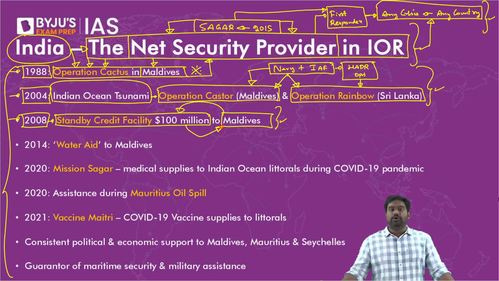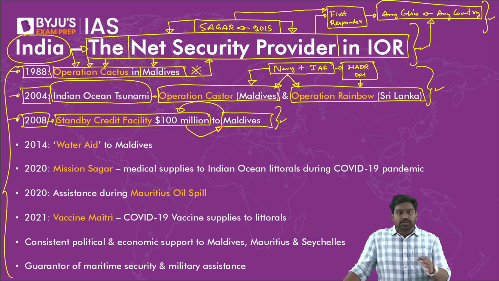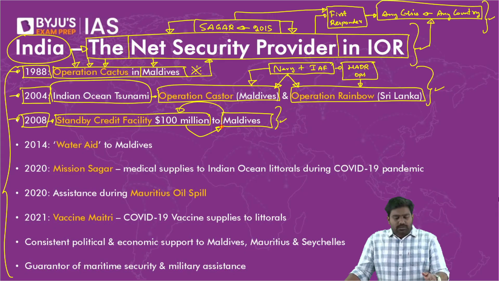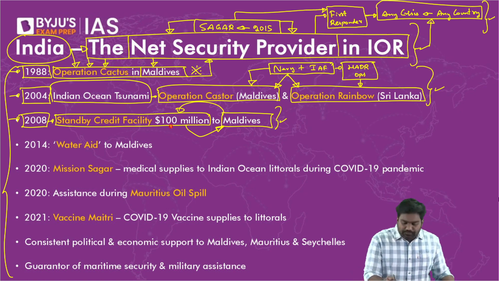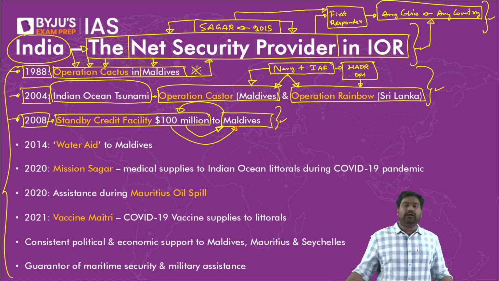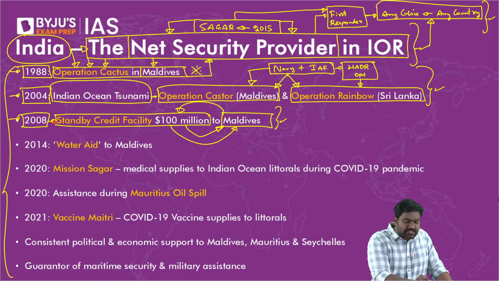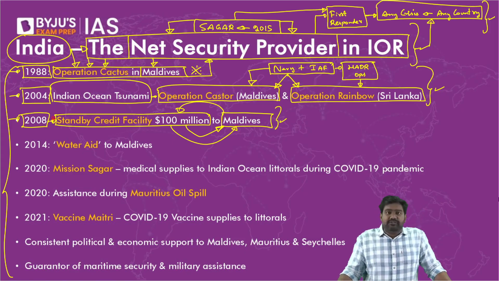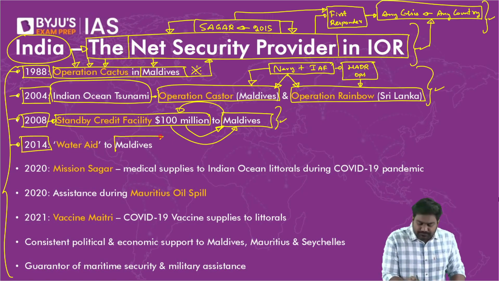readily available for Maldives. Instead of Maldives asking IMF and others for help, we have set aside $100 million through our RBI, through the Reserve Bank of India, which is a ready credit facility. If Maldives faces such a financial problem, a liquidity problem, it can draw from this facility and then repay back at a later date at a concessional interest rate. So we have provided such economic assistance as well to Maldives, very similar to the economic assistance we have given to Sri Lanka. In 2014, there was another incident in Maldives.